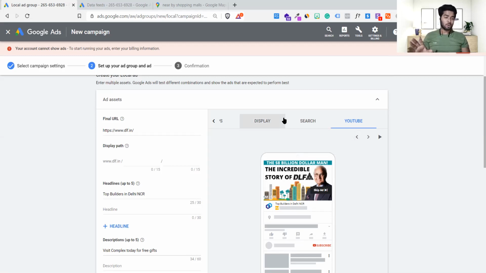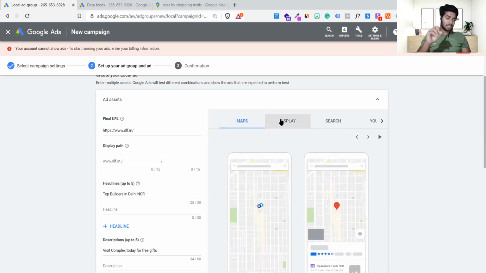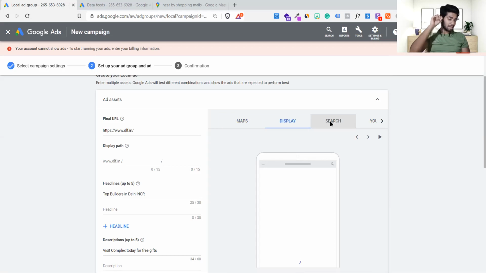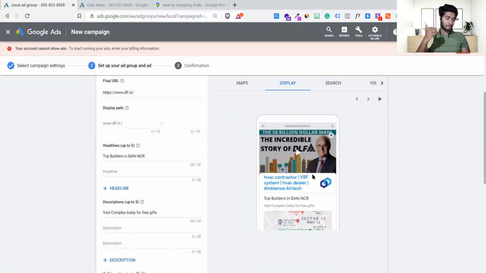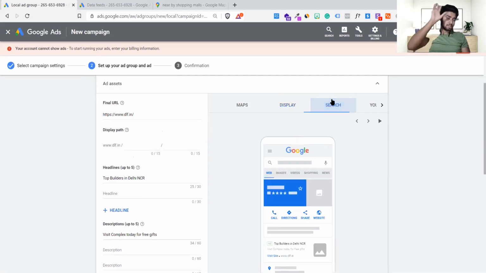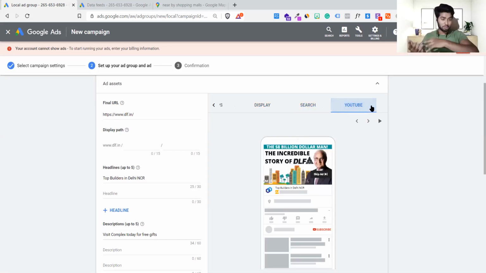If you want to cover a 50 kilometers area nearby for a new business like a bakery shop, salon, fashion designer, makeup artist, small business owners, those who are working nearby within 50 kilometers and all. The best thing is running on maps, display. If they are using a lot of applications, they will get these pop-up ads. Search ads. The moment they search, you will come on the top. The moment they are watching videos, if somebody in my neighborhood, a new shop has been launched, and I'm not aware of it.